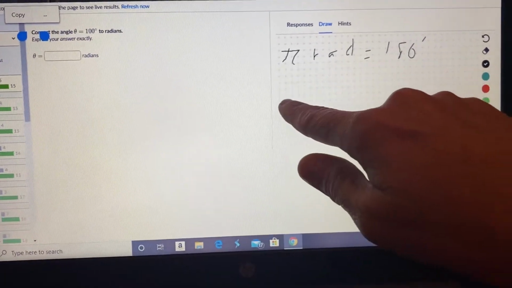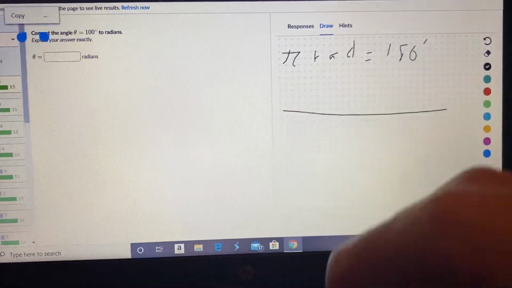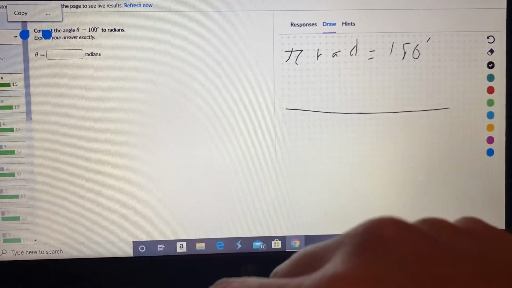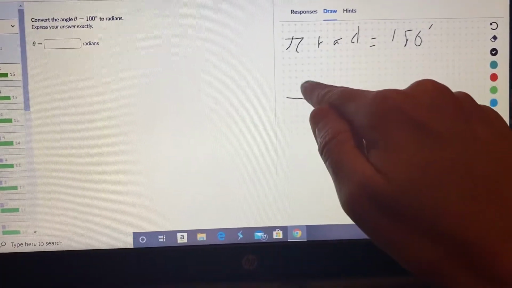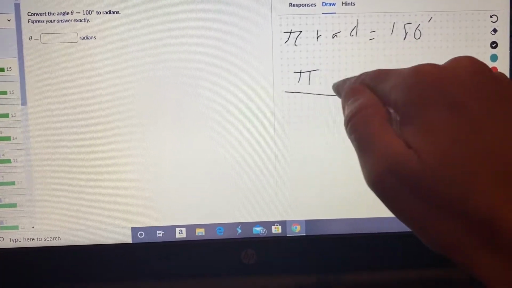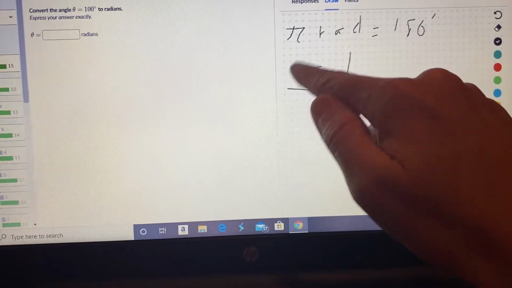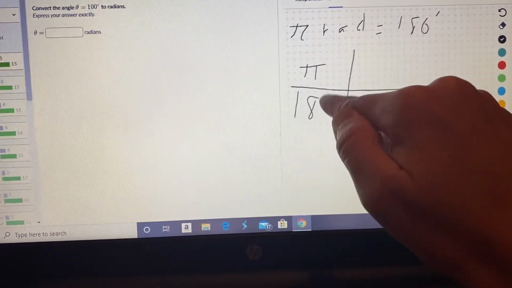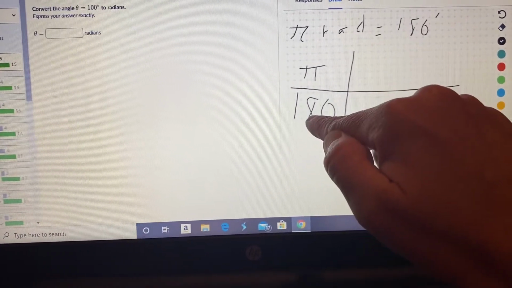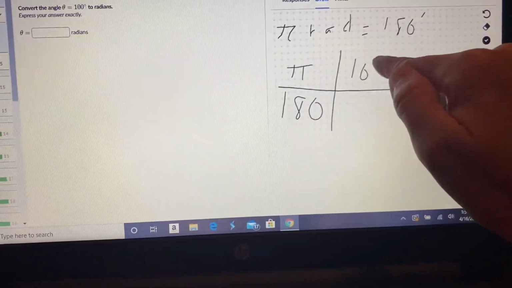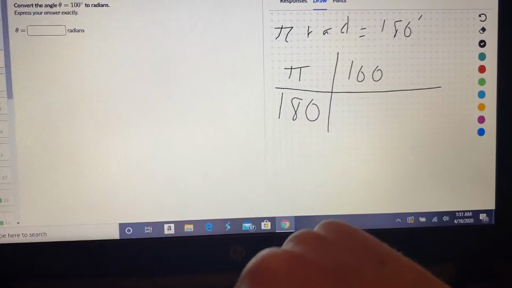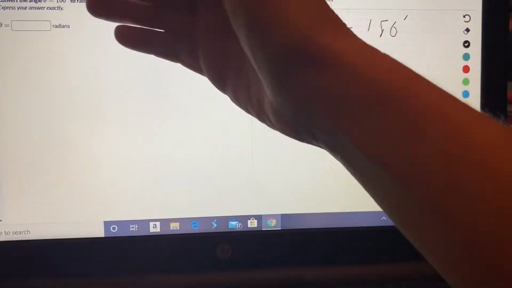So I kind of gave you a demonstration in my last video. It's probably easier to draw a line than maybe what they showed earlier. But if you're going to radians, you need to start with radians on top. So you would put pi radians is equal to 180 degrees. Since you've got degrees on bottom, you're going to put degrees here. You've got 100 degrees. So basically, anytime you're going to radians, you're going to take the number of degrees and